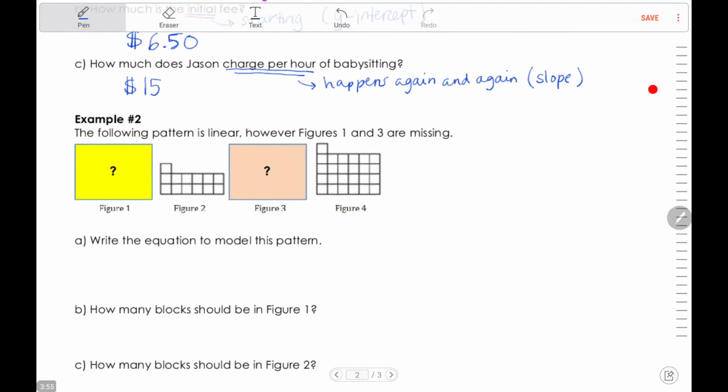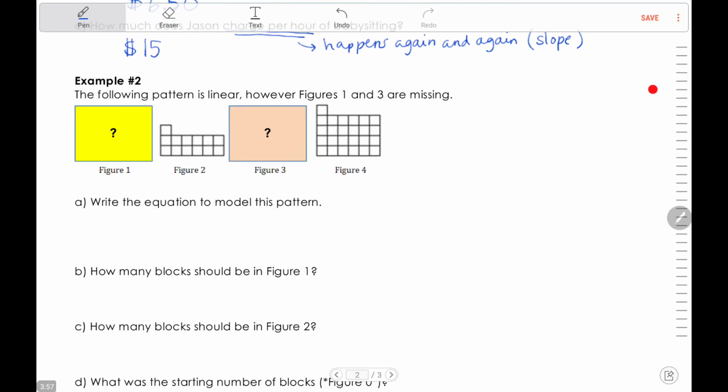Let's scroll down to example 2. This one's slightly different. The following pattern is linear, however figures 1 and 3 are missing. Part A, write the equation to model this pattern. So it already tells us that this pattern is linear, so that means I can use my calculator trick. So before I use my calculator trick, I need to know what table of values I need to put in. So what are my X and what are my Y? So we don't know figure 1 and we don't know figure 3, but we know how many are in figure